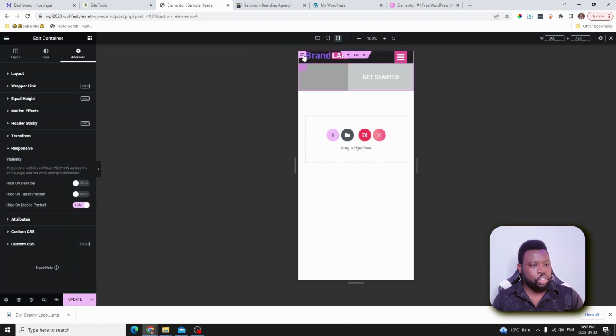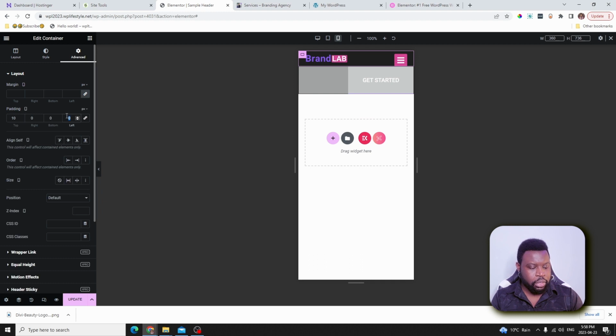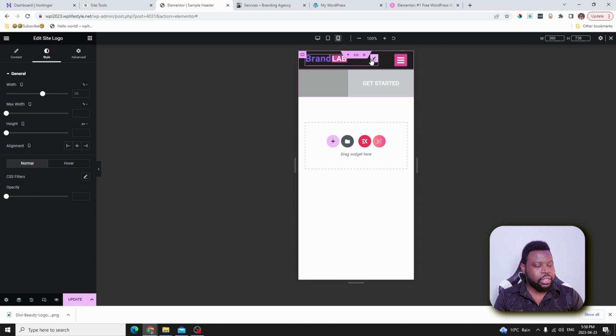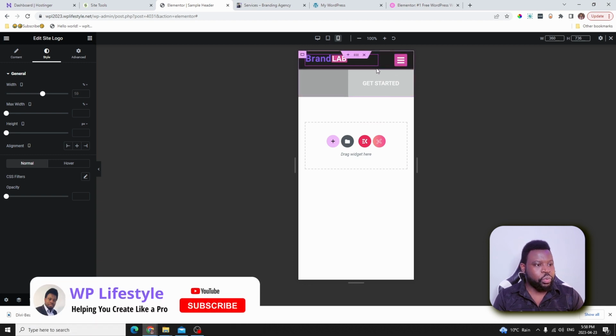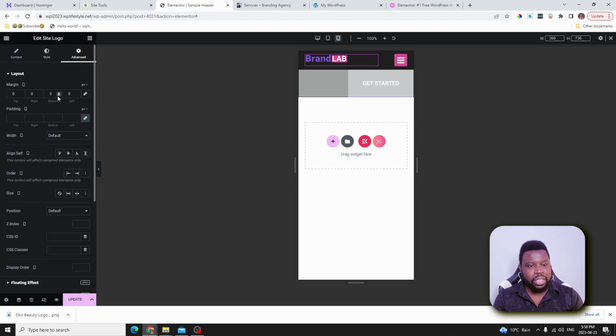You can go ahead and add in some spacing in here for this one to look nice. You can select this container and then go in here and add some spacing. Maybe we can add 10 pixels on the top and then 10 at the bottom as well. So you can see that this is looking nice so far. If you click on this site logo icon right here, you can see that this is not really in the middle. So what we have to do is maybe add some negative margin here at the bottom as well. So add some negative margin to bring that down. So 8 is fine. And you can see that that's looking really nice.